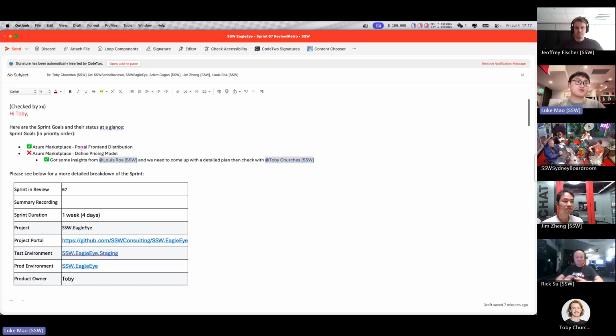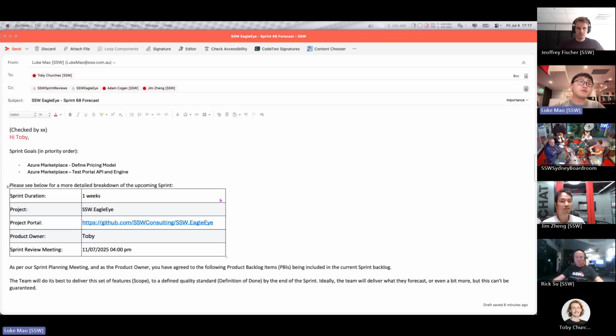So we have two goals in this sprint, focusing on Azure Marketplace. We finished one of the goals, which is to do the portal front-end distribution for customers. And we have some progress on the second goal, defining the pricing model. We got some insights from Luis, and we need to come up with a detailed plan and check with Toby and you, Adam. So that's the overall